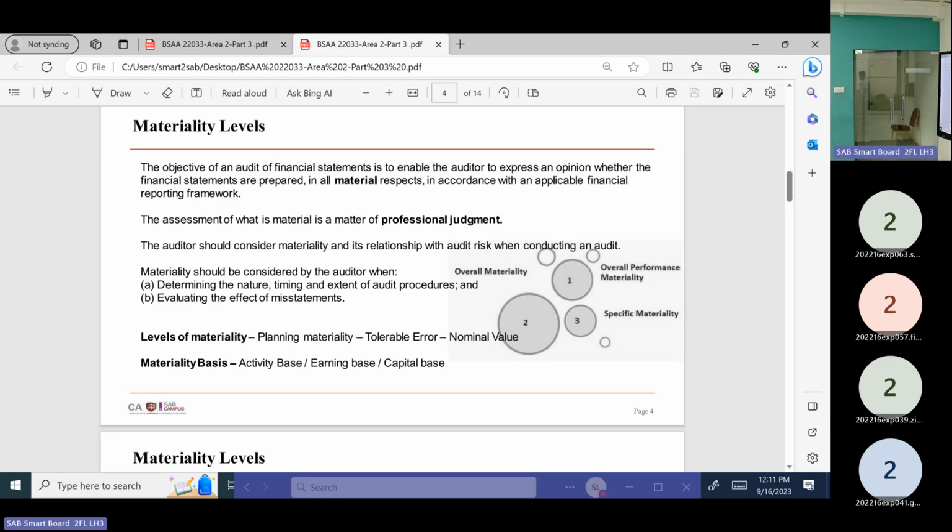Why do we worry about the materiality level? We have audit procedures to take samples. We are not going to check all the balances, all the disclosures, all the transactions. We are focusing on significant accounts, significant balances, and significant classes of transactions. To select significant accounts, significant classes of transactions and significant disclosures, we have to have a threshold. Above that, this is significant.